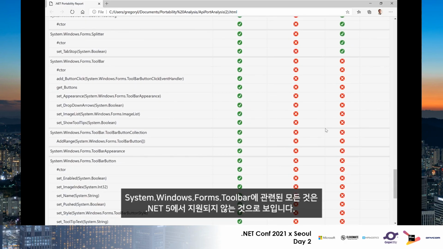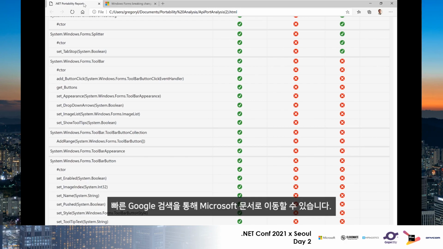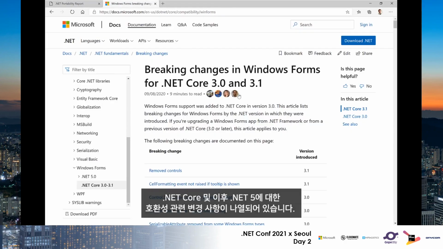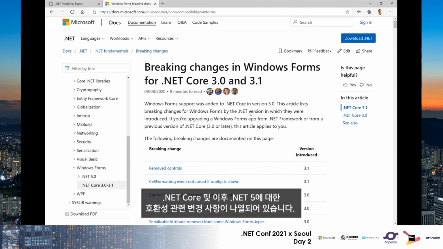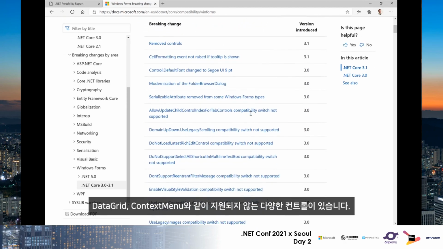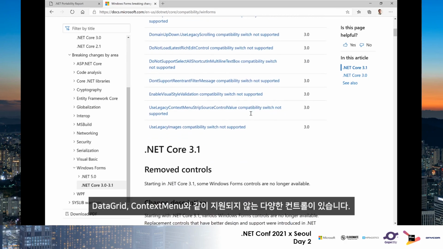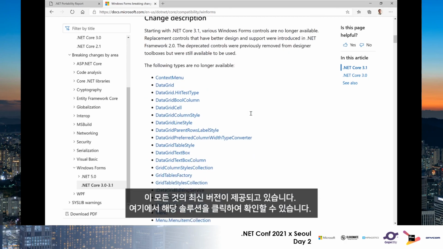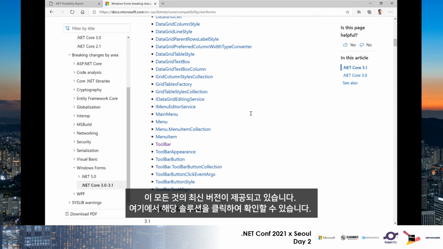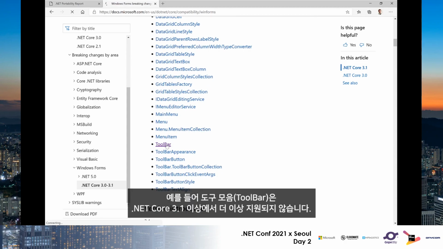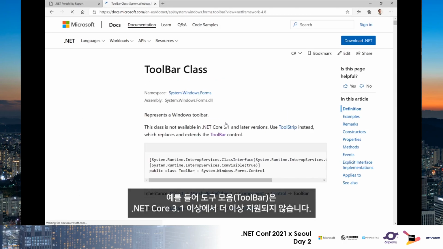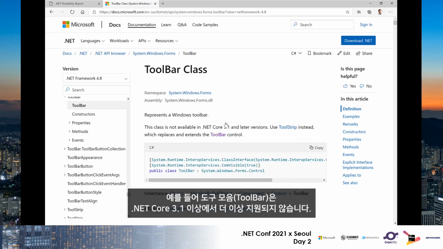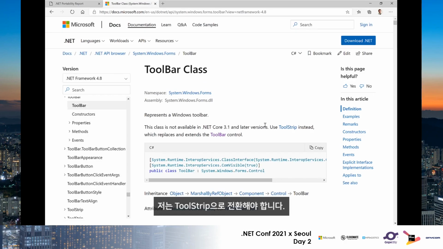It looks like everything related to System.Windows.Forms.ToolBar is not supported in .NET 5. A quick Google search takes me to the Microsoft docs that list breaking changes for .NET Core and subsequently .NET 5. There are a bunch of controls that are not supported, such as the DataGrid and the ContextMenu. All of these have newer versions available, and you can see the solution by clicking on it here. So for example, for ToolBar, it says that it's no longer supported in .NET Core 3.1 and higher, and I should switch to the